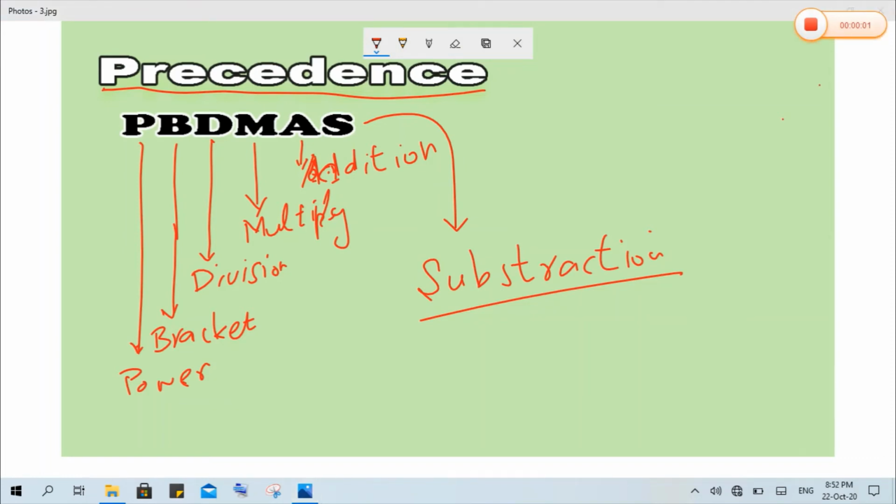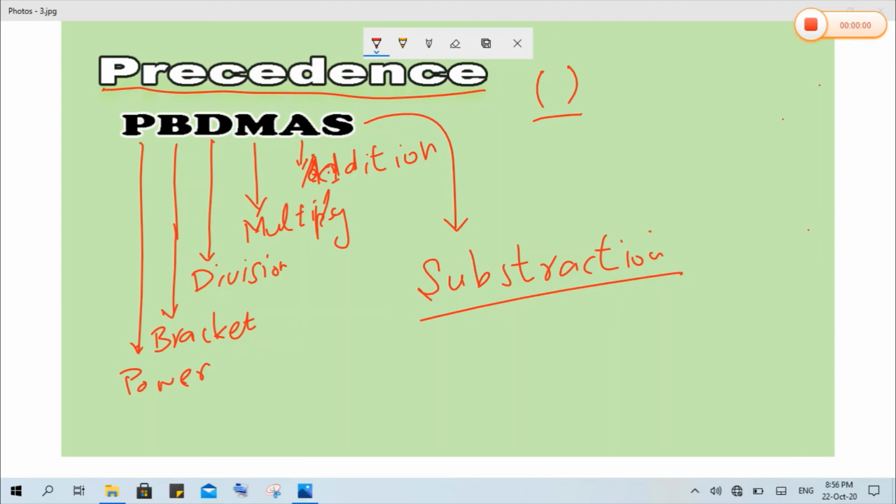But when we are working with the operators in programming languages, then we have to use this PBDMAS rule, but we have to use brackets in order to make the precedences of the operators. Why do we need to use brackets? Because all these arithmetic operators have the same precedence. So if they have the same precedence, the compiler will not know which one will be operated first.